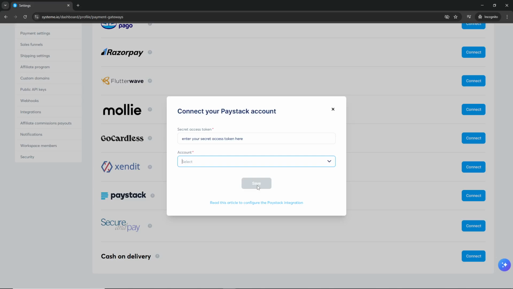This will finalize the integration and establish the connection between System.io and Paystack. Your payment gateway is now ready to process transactions. And there you have it, you've successfully integrated Paystack with System.io, and you're now ready to start accepting payments through this